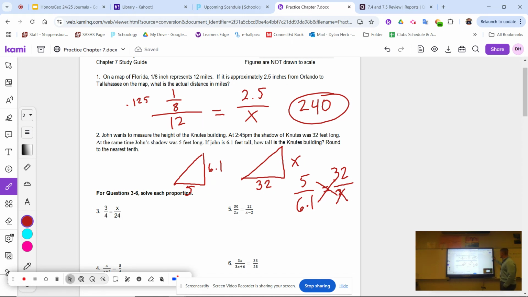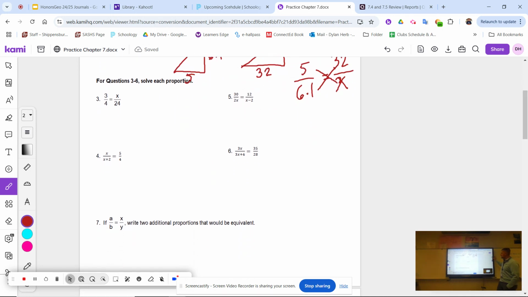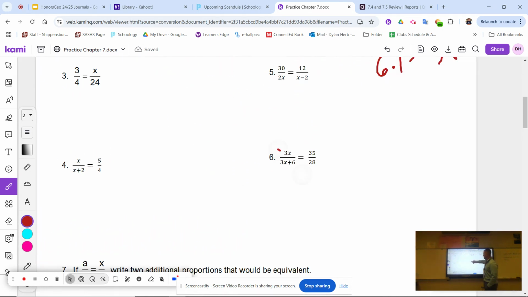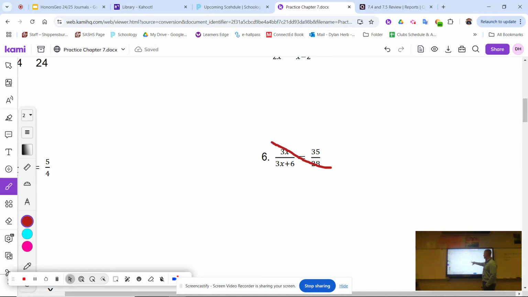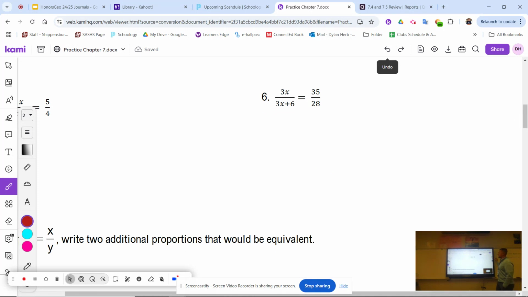So moving down here to some of these proportions, I'll pick maybe the hardest one to do. So maybe number 6 here. Should have grabbed a calculator. We'll do this first cross, which is 3x times 28, which is 84. And then when we multiply the other ones, we have to distribute. So 35 times 3 is 90 plus 15, which is 105. And 35 times 6 is 180 plus 30, which is